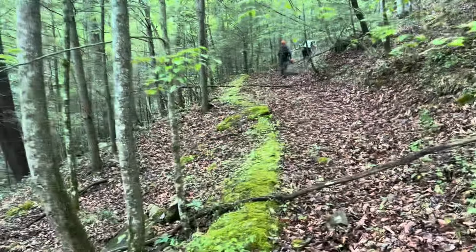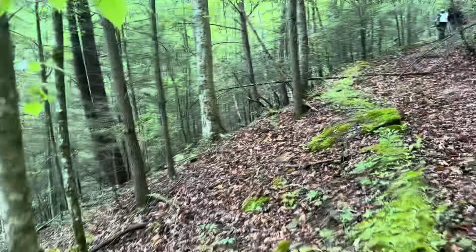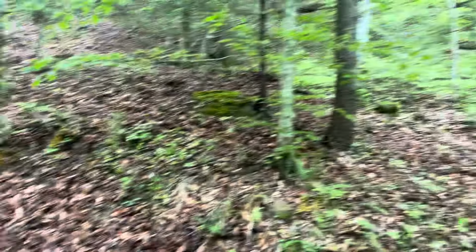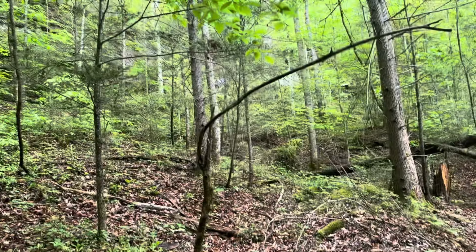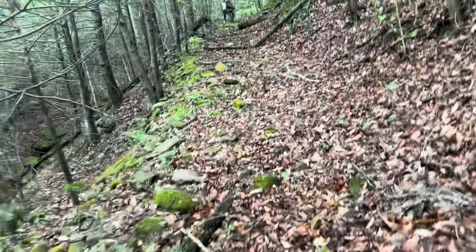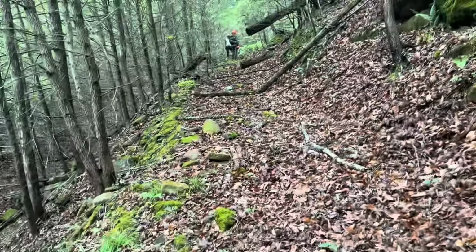Not sure if that's going to be the brightest idea we ever had, but hey, it beats hiking about 4 miles back or more the way we already came. We're already getting into some nice bluff roads up here. It's steep. Yeah, it's a very well defined road. No trouble following it, but